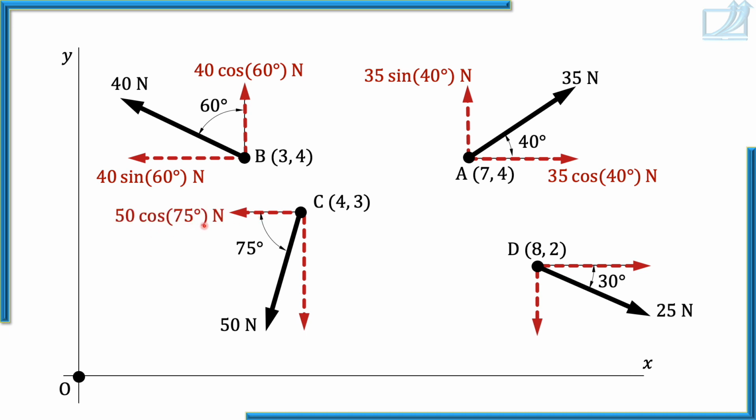Now in this case, the component adjacent to the angle is the cos component. So 50 cos 75 Newton, and this vertical component is 50 sin 75. Now tell me, here out of these two components, which component is the cos 30 component? Of course, the component adjacent to the angle. So this horizontal component is 25 cos 30 and the vertical component is therefore the sin component. Remember once again, it is not necessary to show components in the diagram. We can identify components by just looking at the force.